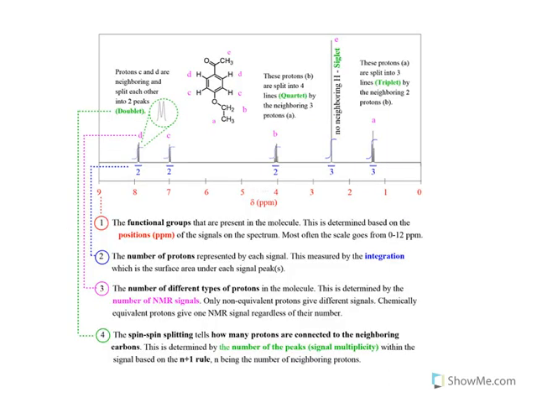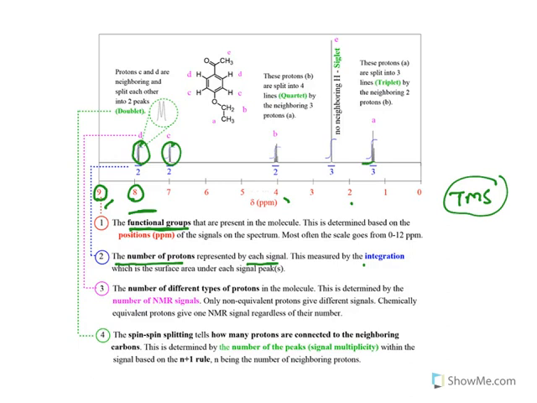Now finally, look at this chart. See this first one: the chemical shift will give you information about the functional group. If a carboxylic acid is there, it will be moving away from TMS. If only methyl groups are there, it will be getting closer to TMS. So how can we tell that? It is based on the chemical shift, whether it is 9, 4, 3, whatever it is. Now the second one: the number of protons represented by each signal. This integration will tell you how many protons are there. If 3 are there, the integration increases. If 2 are there, only this much. So this gives you the number of protons.